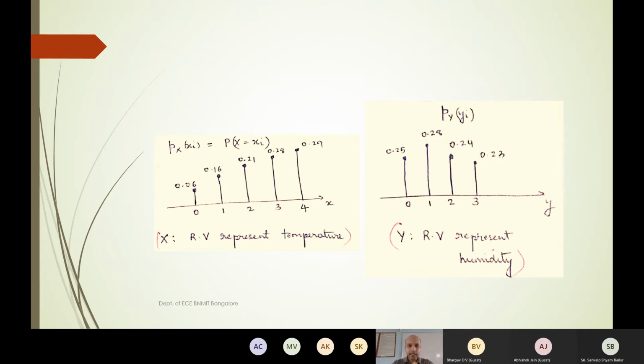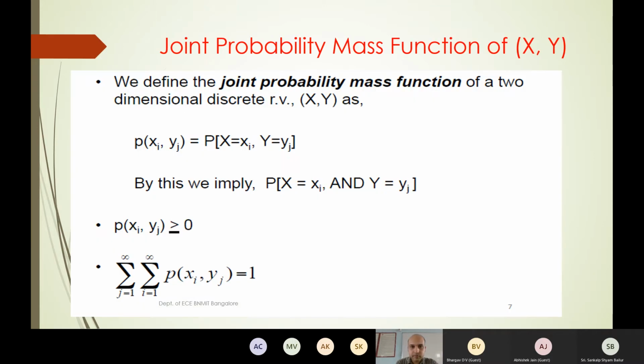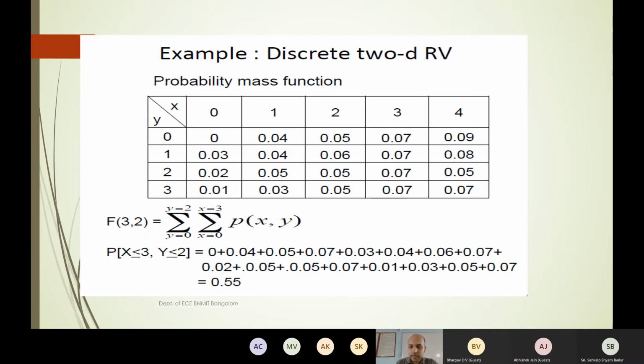Now what exactly we are going to look at in module 2 is the joint occurrence. When we look at a joint occurrence, you conduct an experiment and we look at something like this: X denoting temperature and Y denoting humidity. We are looking at the joint behavior, and the joint behavior of both happening is taking various values. So these are the numbers indicating that the temperature was 1.